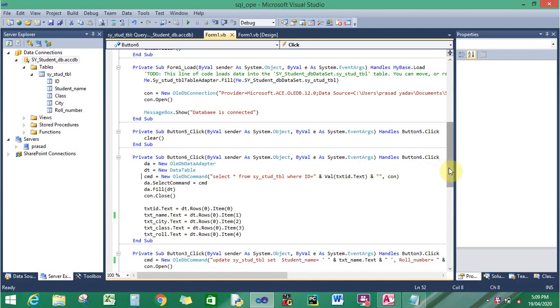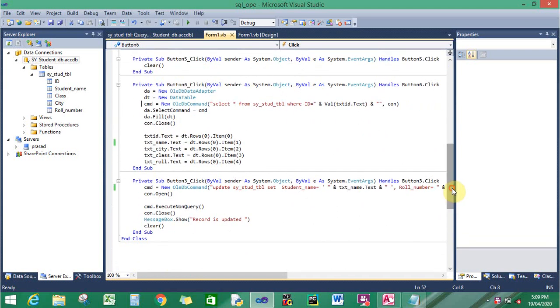Unlike insertion or updation, we do not need to fire the query by using execute non query. We need to pass here like this: da, the data adapter object, dot select command is equal to command, then da dot fill. The fill method is used for filling the temporary data table.